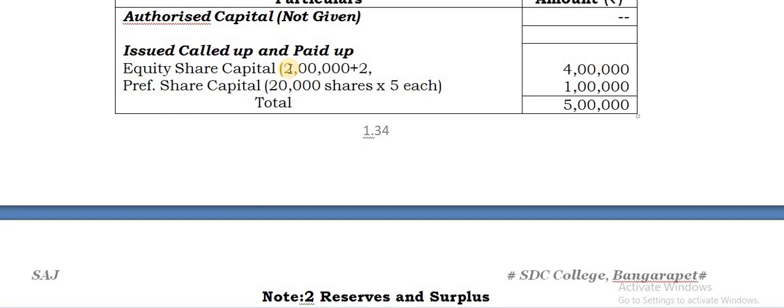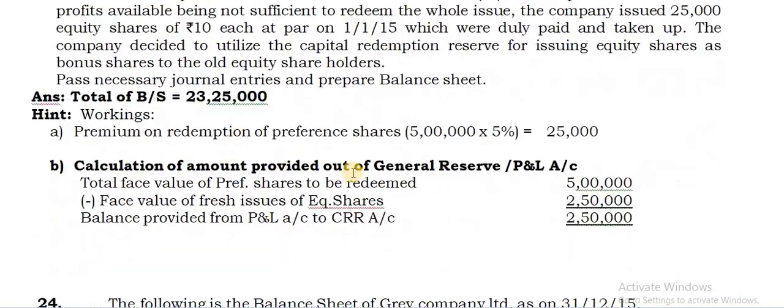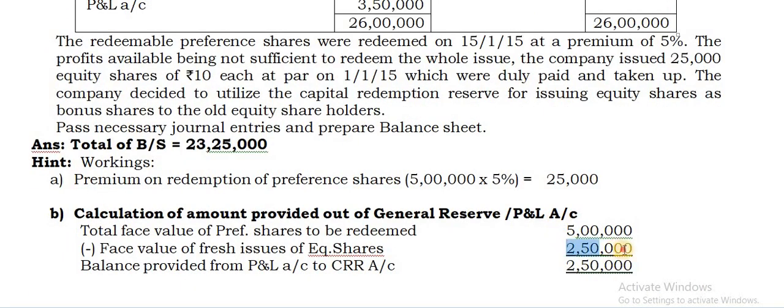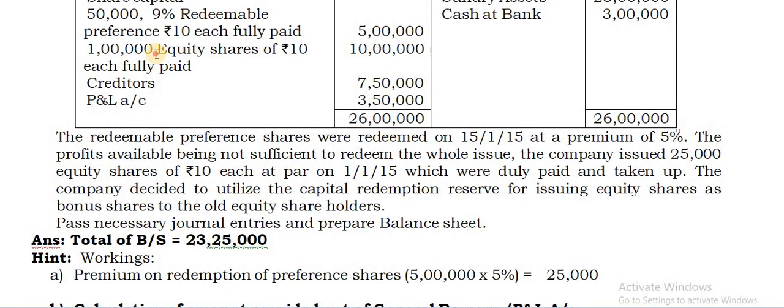Plus 2 lakhs. So that is the 4 lakhs you are getting there. And now for this problem, 10 lakhs is there already. Along with that, these 50,000 new shares will be there, and the bonus shares will be there. So 10 lakhs plus 5 lakhs, totally 15 lakhs will be the equity share capital to be taken. Okay, that you don't forget. That is the amount to be taken as share capital, right?